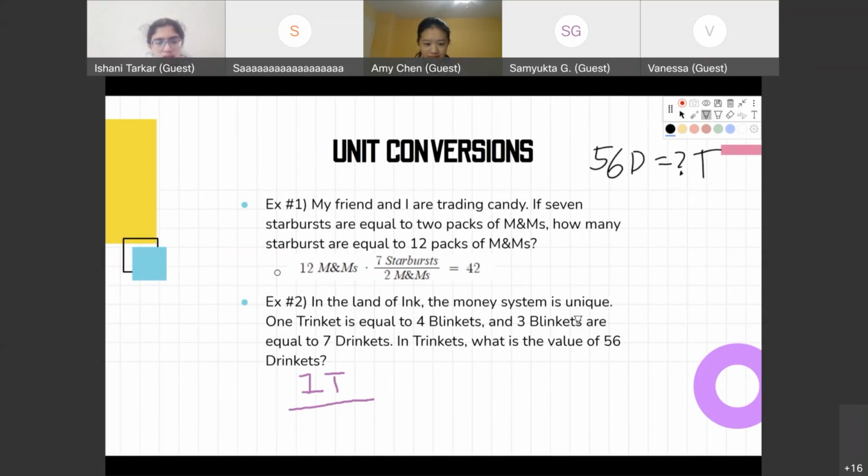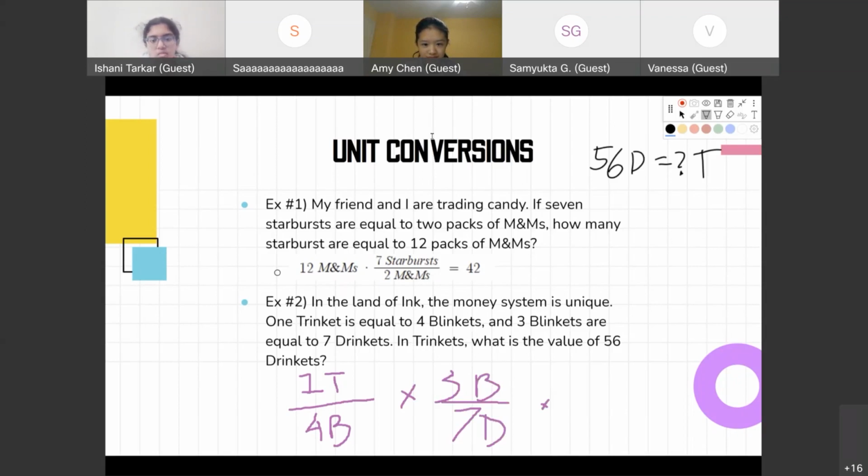So 1T is equal to 4B, so this is just 1, right? And 3B are equal to 7D, or 3 blankets are equal to 7 trinkets, right? So 3B over 7D, right? And since these are equal, it's just 1 times 1, right? So that means we're just multiplying by 1 when we multiply this by the value of